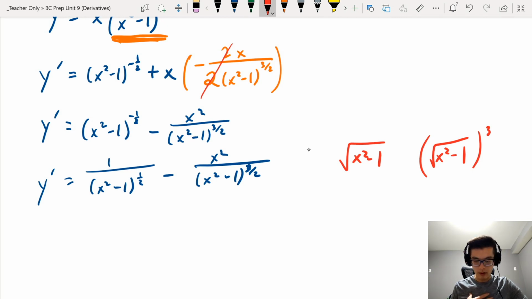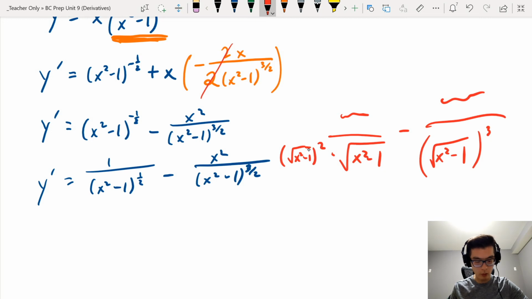So by finding the LCD, we just need to multiply. I think we got it. So all we need to do is, if this is like whatever gibberish up here, it's like a fraction, right? If you're subtracting fractions together, you want to make sure that they both have the same terms at the bottom. So that means we need to multiply this by effectively x squared minus 1 squared, if you see what I'm saying there. Because this one has twice as many of the square root of x squared minus 1s. So that's really just,